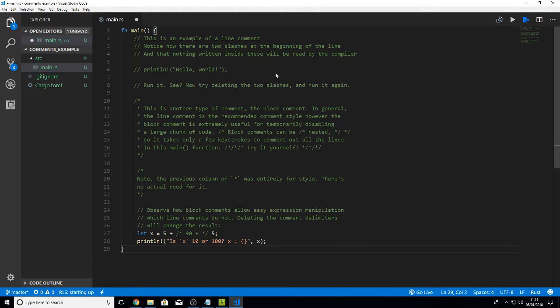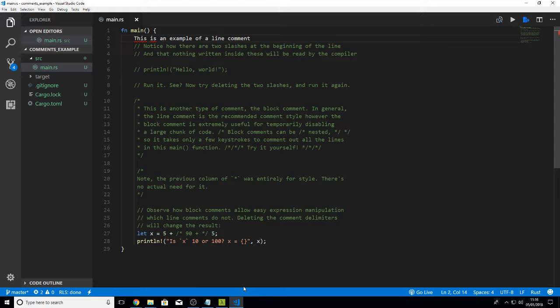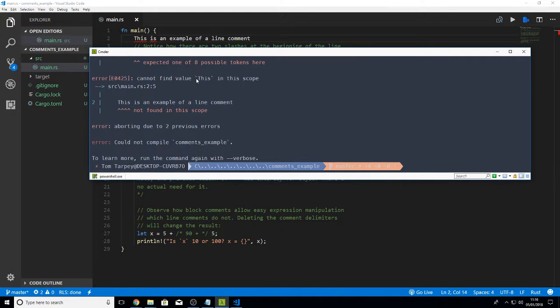I'm literally just going to paste this in so we've got it for speed. So these are all comments. If I remove this and try and compile, you'll see some problematic stuff happening. I'll remove that, save this, and you'll notice what happens, because Rust will have a nice little moan. So if I do a cargo build, you'll see some errors here, which is kind of a good thing. I like to see these things. It's going, no, I have no idea what this value is in this scope. It's saying it's on line 2, and it doesn't understand what the first word is here.